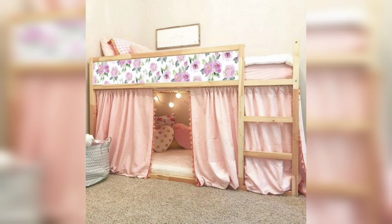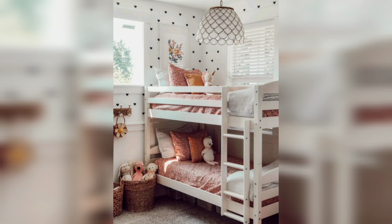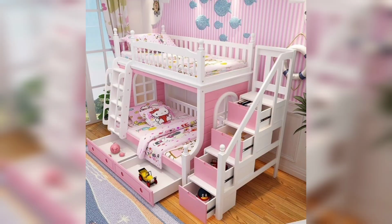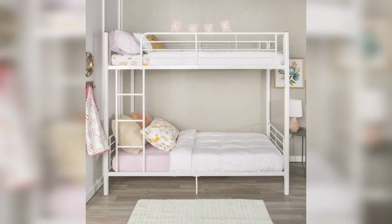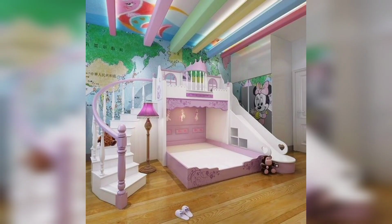the beds in heart shape are beautifully decorated with curtains too, and their decor in itself is something very beautiful, and you can see the kitty theme, and the choice of colors is definitely according to the kitty theme, and you can see also the white color and the mustard color, and